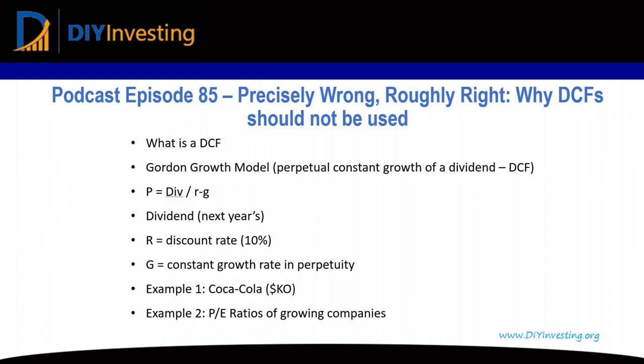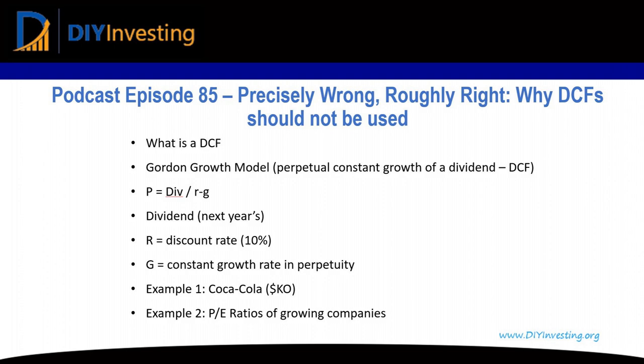What precision does is allow you to pinpoint a specific target. This is what you'll often see when analysts give target prices for companies. They'll say the target price is $120 or the target price is $50. With the DCF, you can give a very precise number that says this company is worth X or this company is worth 2X. The problem is that although that number is precise, it's also wrong,